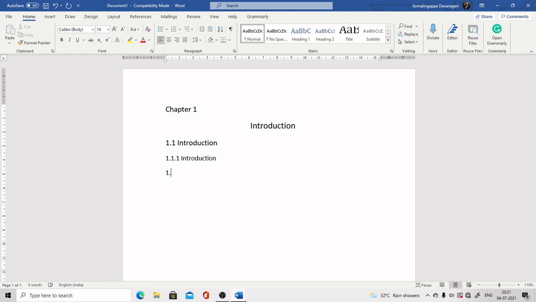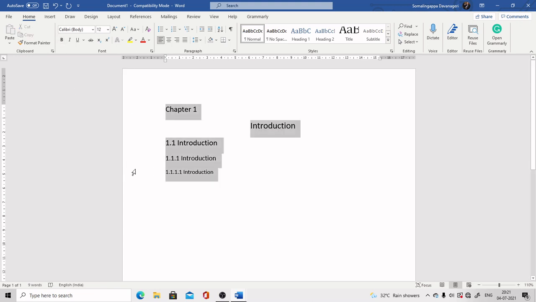Again, if you are going for a further subsection, then this has to be font size 12, and all these headings are to be of bold nature.